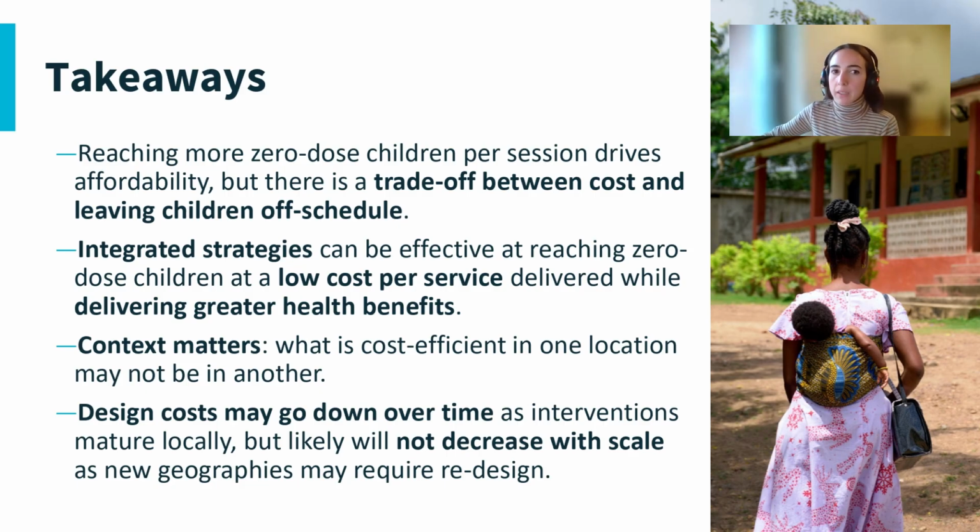We also observed that integrated service delivery, particularly when combined with services that are more in demand, like nutrition, can be a cost-efficient way of reaching zero-dose children. These strategies create demand because they offer multiple services all at once, and they do reach children in a timely way. And while they have high overall running costs, the cost per service delivered overall is probably low, and the incremental costs for immunization only is also relatively low.